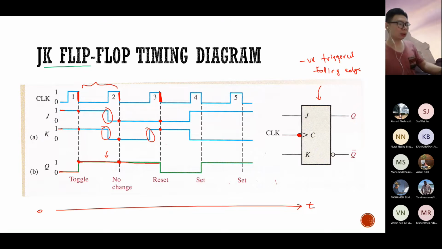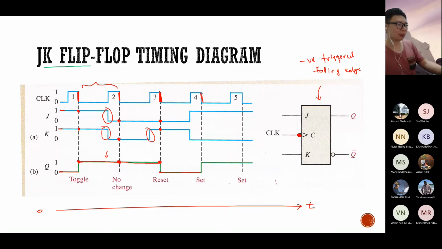Okay, output is going to go to 0 no matter what. So over here, the output is 1, so it's going to make it into a 0 over here. Okay, so that is why we have this reset state. So reset state, and then it's going to keep this output 0 until it meets the next trigger